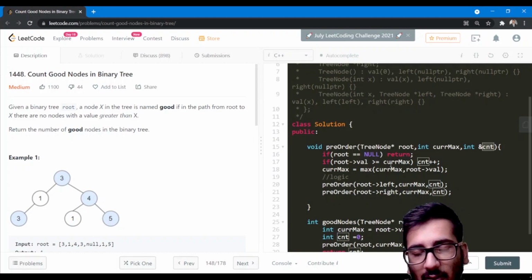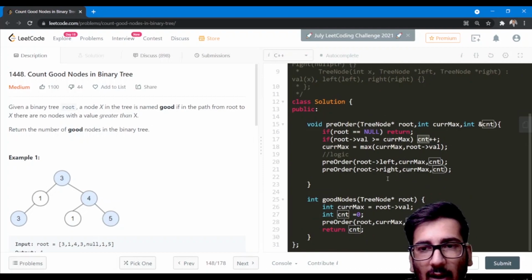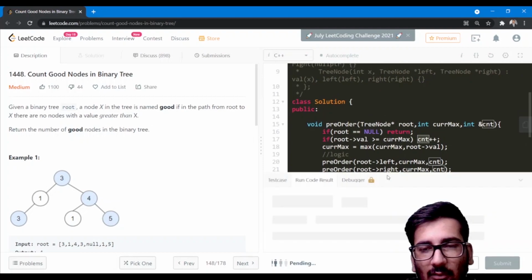Since the current max is different for all the different paths, but the count, as I told you, if you have any confusion about the reference here, you can create a global variable for our count and increase it here. Okay, so I guess that will do, and let us try.